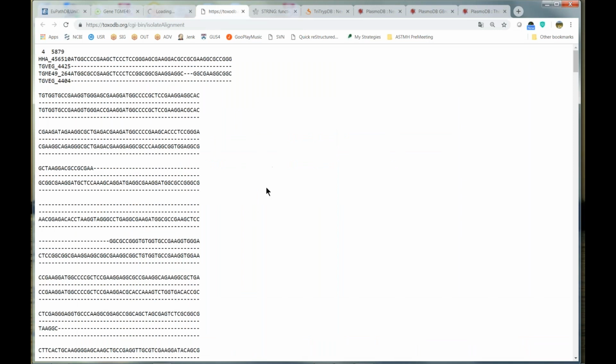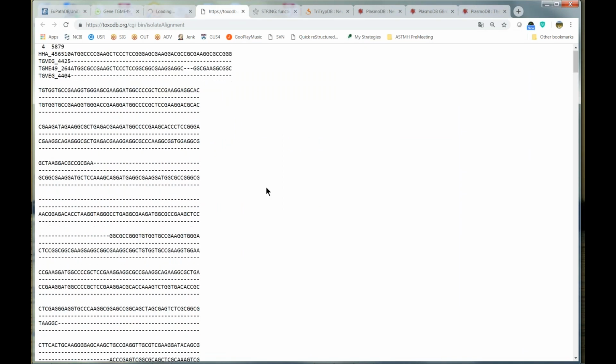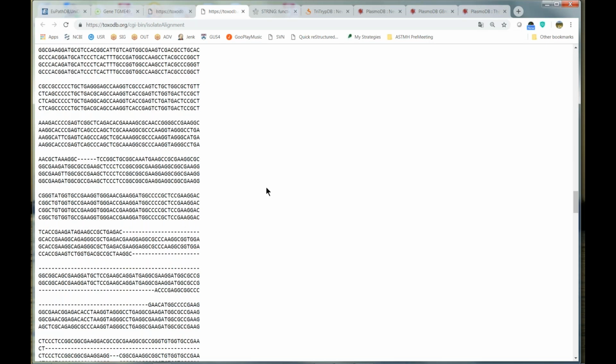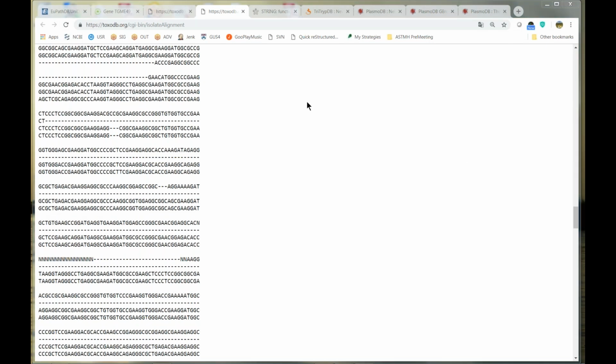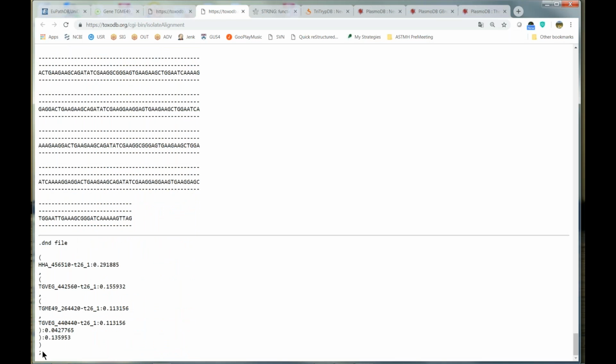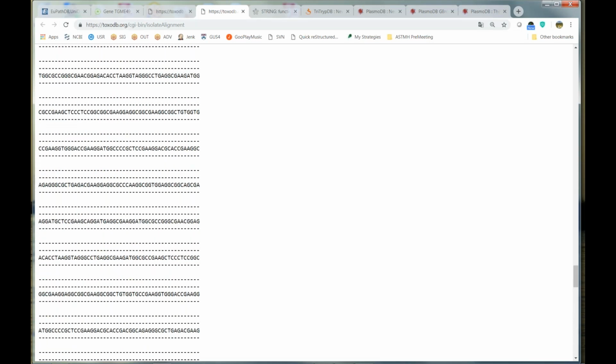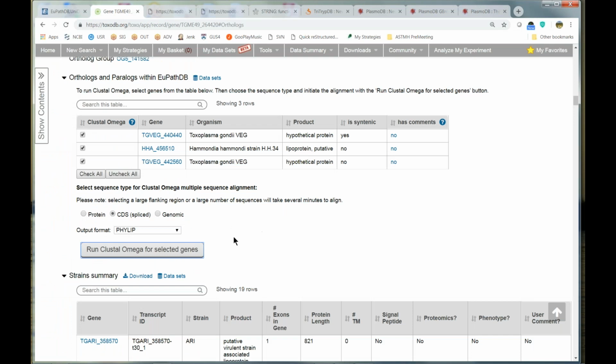I ran the alignment previously, so here are the results. You get the alignment in Phylip format, and then down at the bottom is a dendrogram that you can take to another program like iTOL or whatever to visualize the tree. You probably have tree viewing software that you like. So that is our Clustal Omega alignment tool, and these great updates to be able to align other types of sequences and